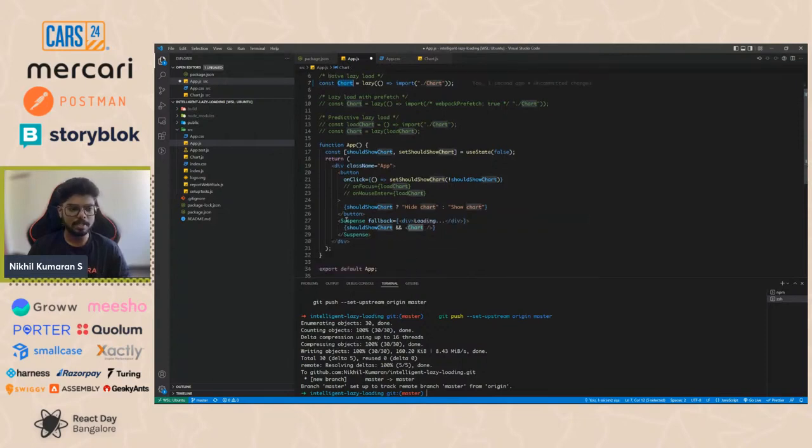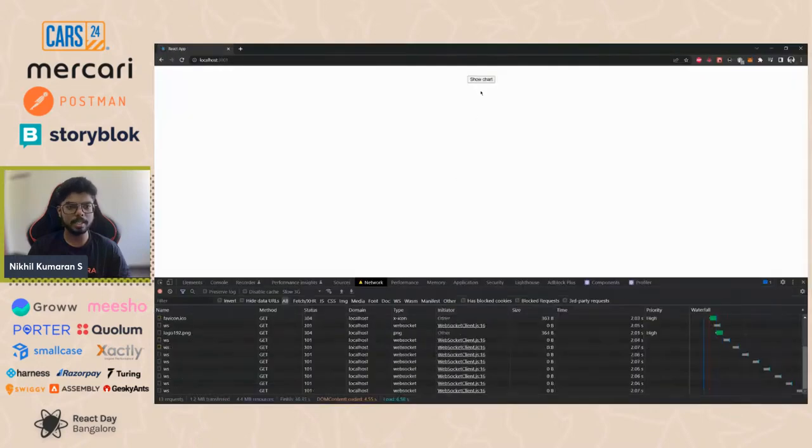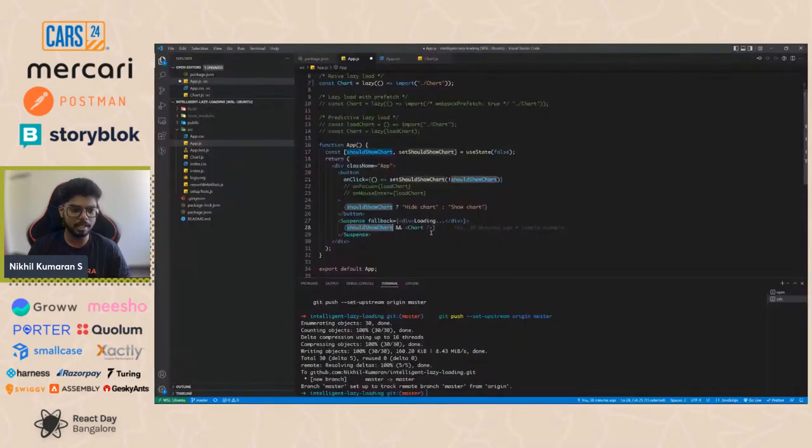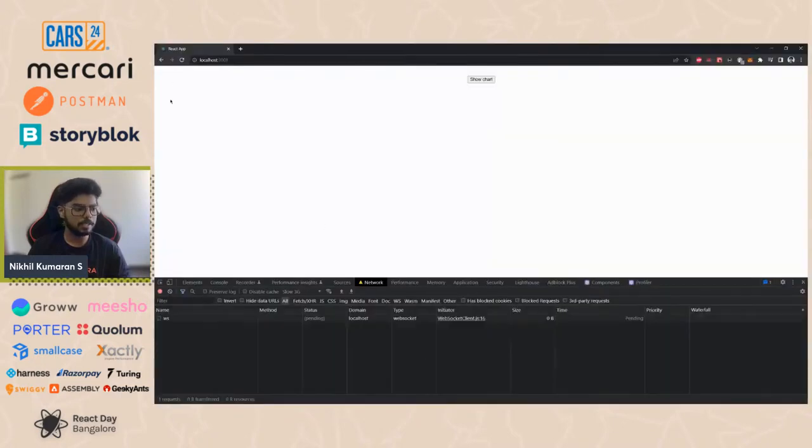What happens is I'm conditionally rendering this. Only if I click this button, I'm loading this chart. Until then, we are not loading this component. So that's what lazy loading does. It will bundle this chart component separately from the main bundle. So if I save this and reload this page,